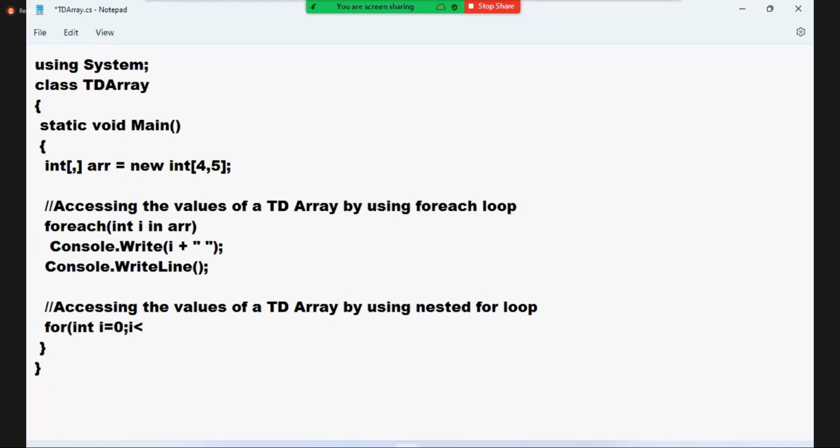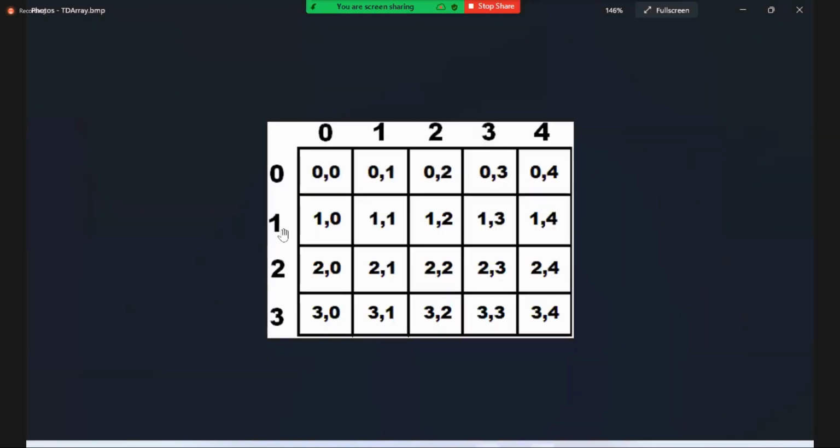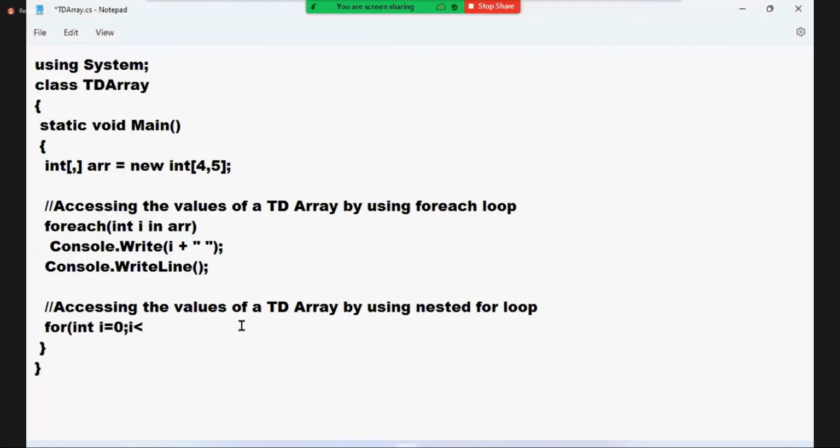See, the outer loop should be pointing to the rows. How many rows are there? 4 rows. Starting from 0 to 3, right? Yes or not? Means i less than what? i less than 4. Correct? Yes or not? Without using the 4 as a static value, you can try this now. arr dot